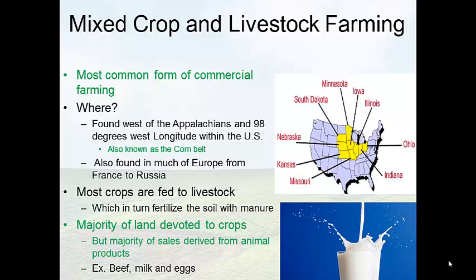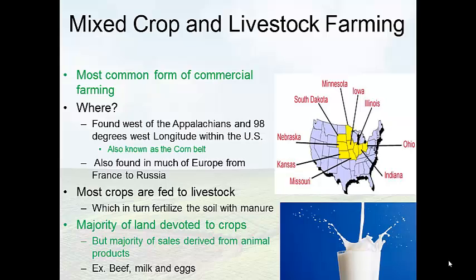Mixed crop and livestock farming. It is actually the most common form of commercial farming. And where it is found, well, basically the Corn Belt. If you look at the map to the right there, you can see the states that are highlighted. That is the AKA Corn Belt, which is basically found west of the Appalachians or around 98 degrees west longitude